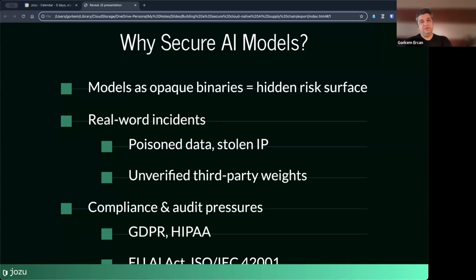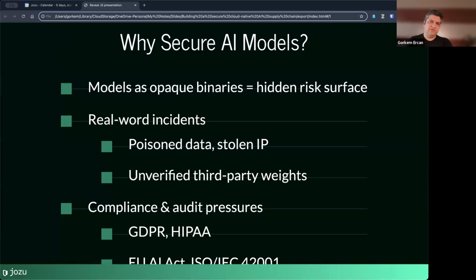And there is a lot of third-party weights that people may be using unverified. There is a lot of IP that could be stolen.